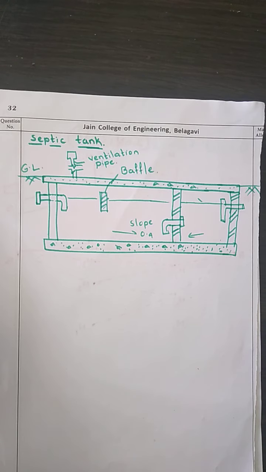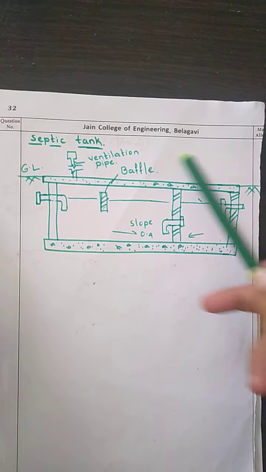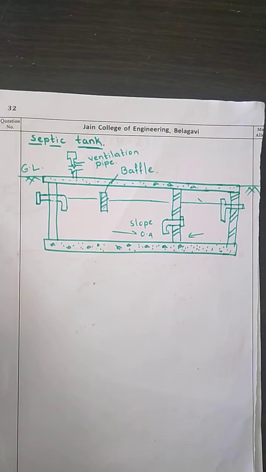Now they are normally provided with a ventilation pipe, which we call a vent pipe. I have already told that since we are going to maintain an anaerobic condition inside the septic tank, it is going to generate gas. The gases that are generated are going to be removed by the vent pipe. And this vent pipe should normally extend around 2 meters above the top of the building, and it should be within a radius of 20 meters for a smaller capacity.